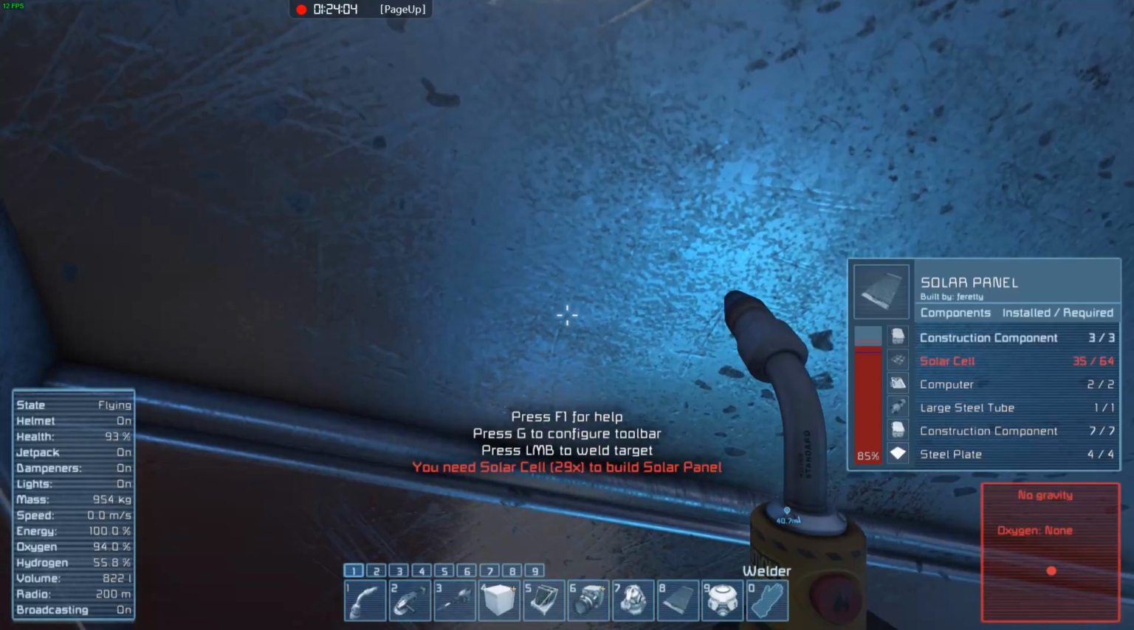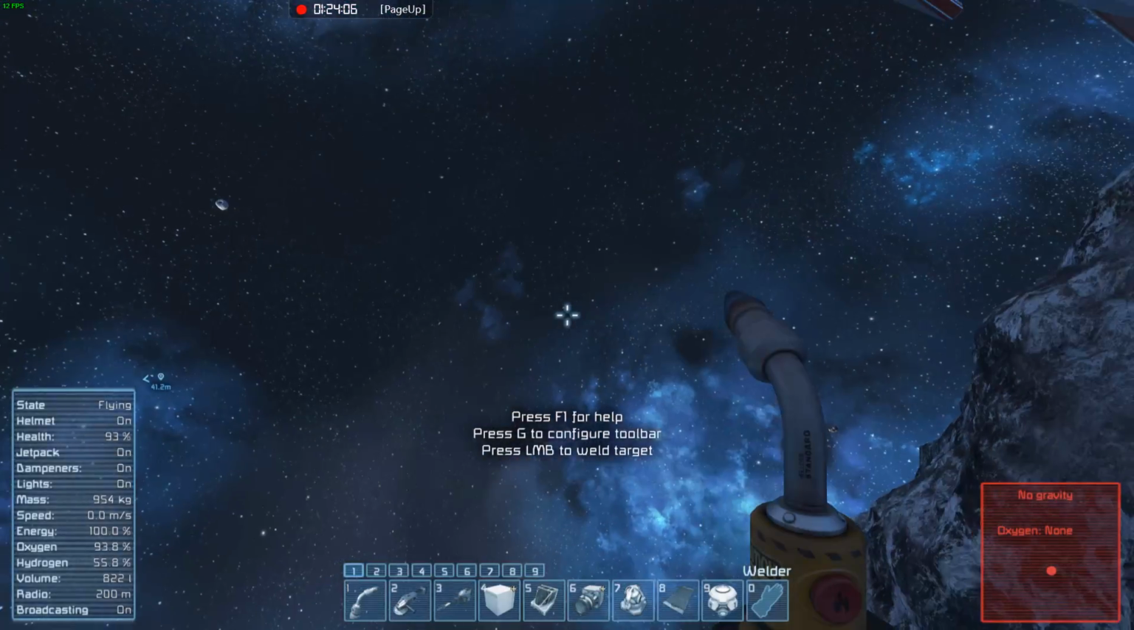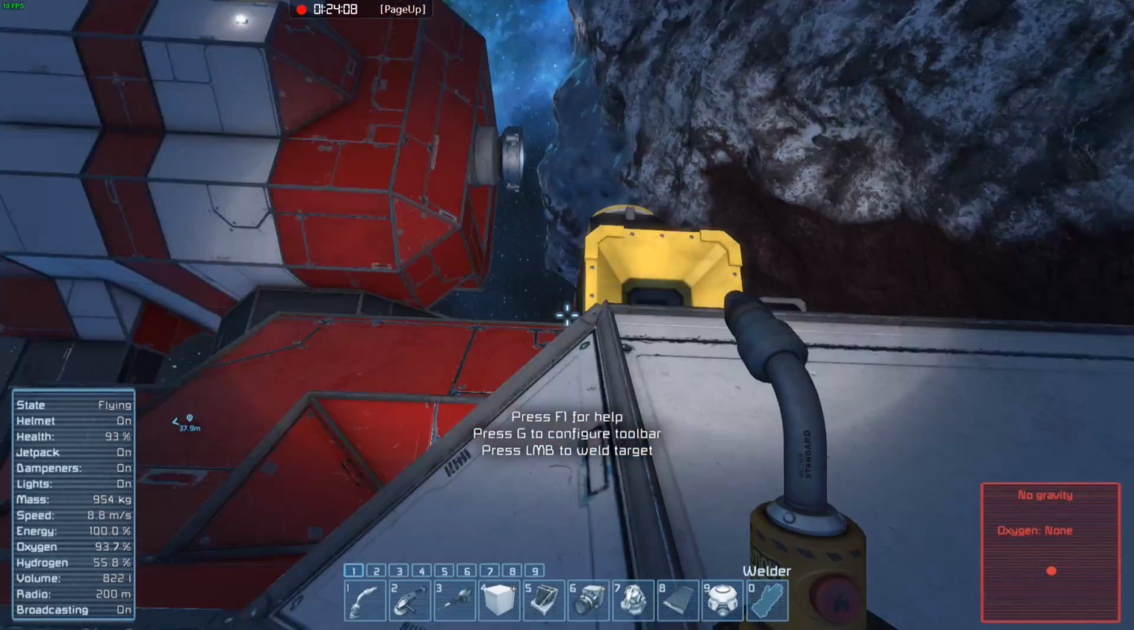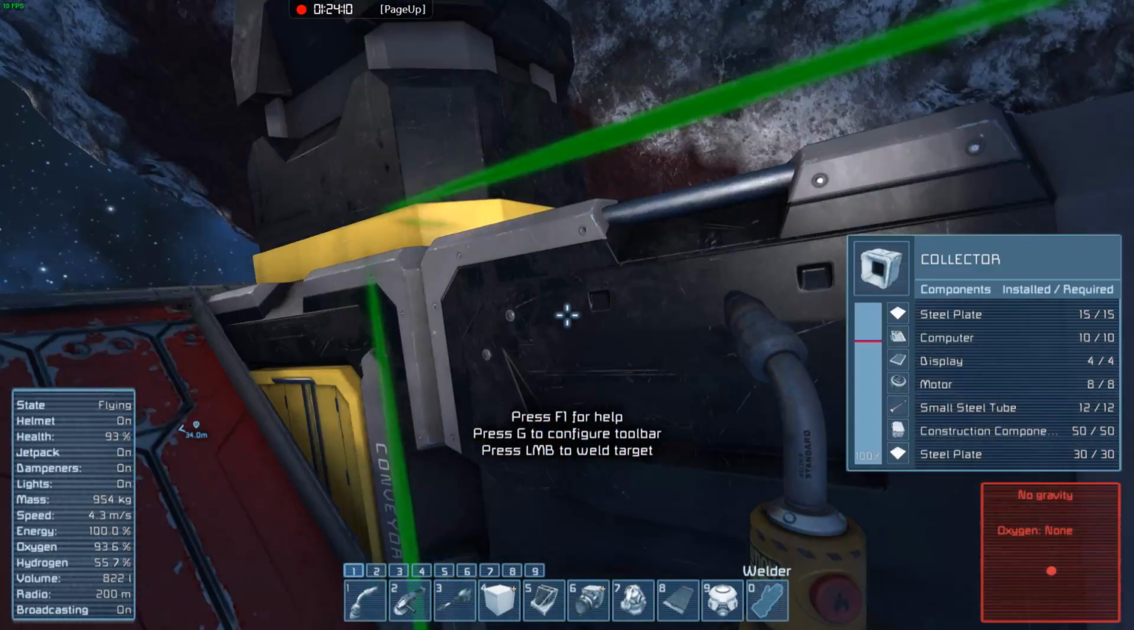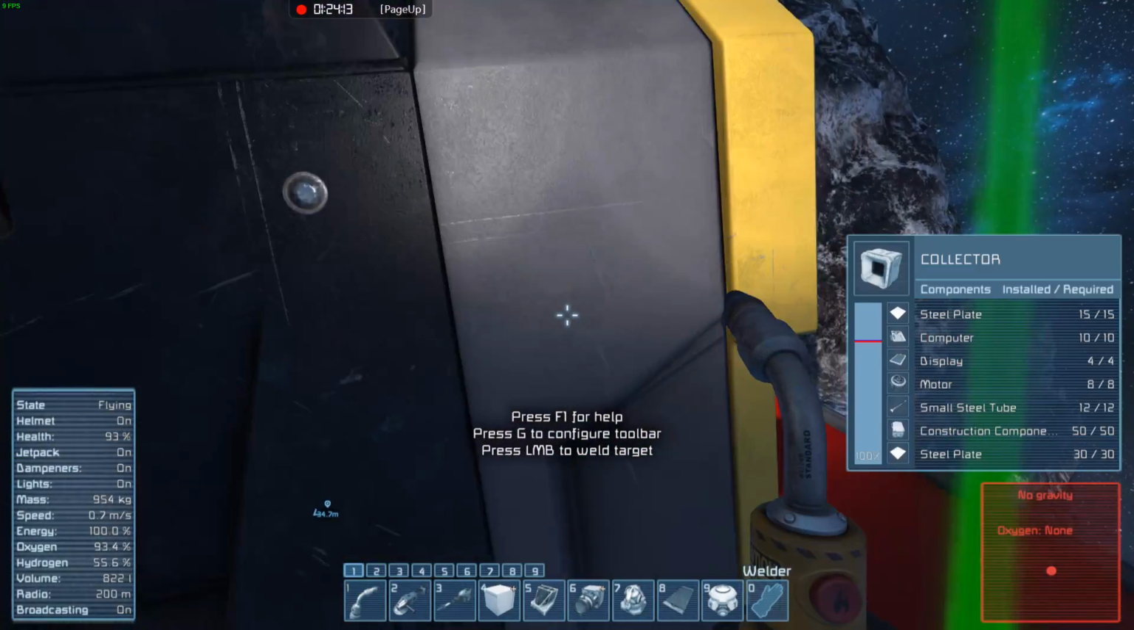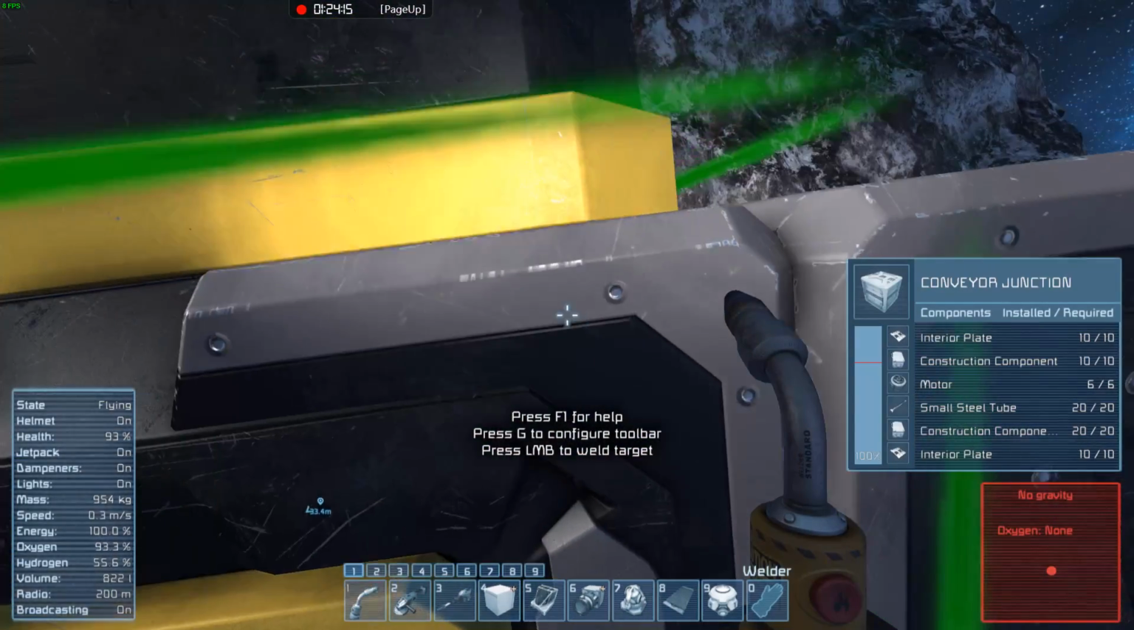Now we've got our conveyor system sorted out and all joined together towards a central point here, we can think about adding on our cargo. What I tend to use for these is essentially the biggest cargo container I can fit. So in this case,